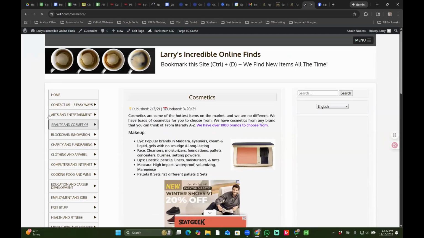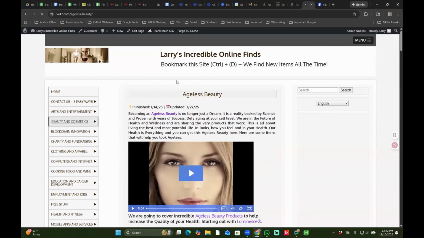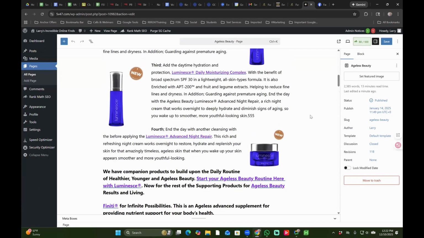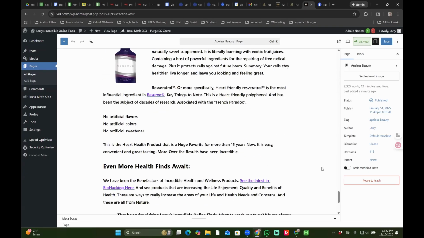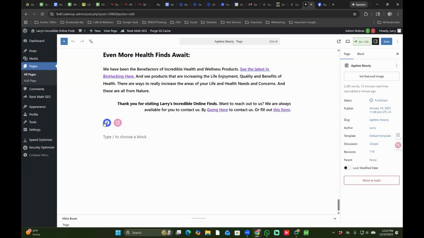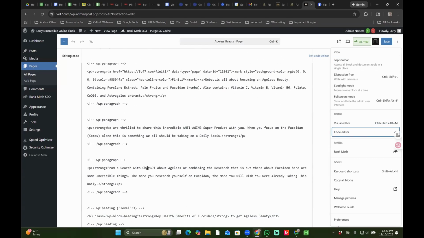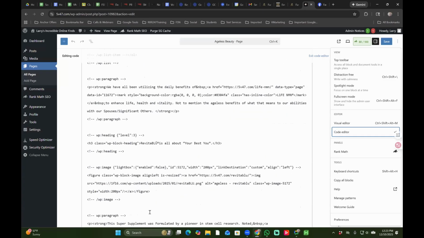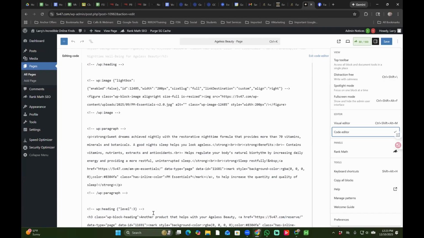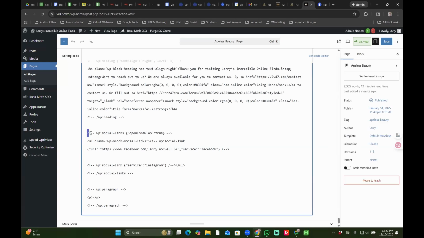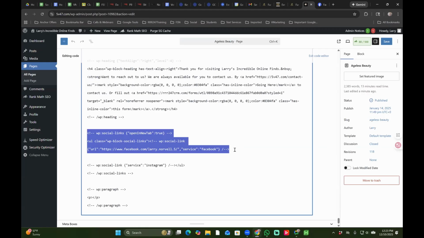The good news is that we can go back to edit the page. Now we know the last thing on the page is your social media icons. So when you go into code editor, you can scroll all the way down. That's a big page. Okay, so here's your social media links. All you have to do is highlight those, copy them,